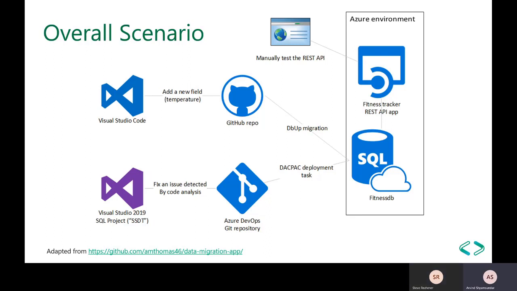And I think especially with the first method, DbUp, I'm just giving DbUp as an example. You could use a third-party library like ReadyRoll or Flyway as well. With those tools, in the end of the day, they just need a connection string. So that connection string could very well be a SQL in a VM instead of an Azure SQL DB. The second flow that I'm showing today is using SSDT and DACPack. We're going to use something called a DACPack deployment task. That task internally just runs SqlPackage.exe, which again just needs a server name and authentication to connect to the